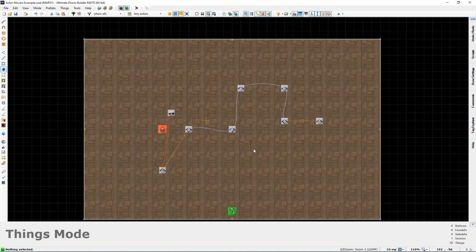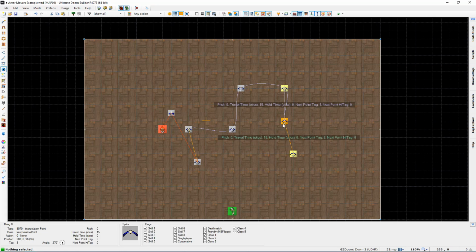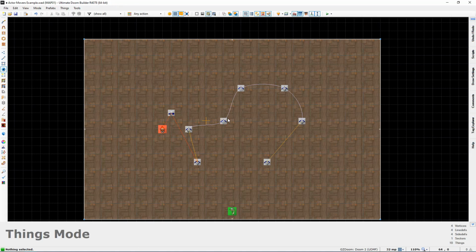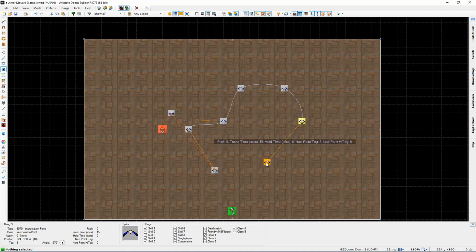So let me explain that, or let me demonstrate that. Right now all we have is just a path that comes to an end. Instead, let's make this a continuous loop. Let me rearrange these interpolation points here, and we're basically going to turn this into a circle that loops all the way around and just keeps going in a loop. So let's go to this last point, and I'm going to connect it to the first